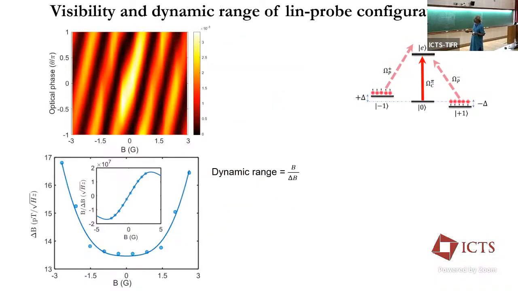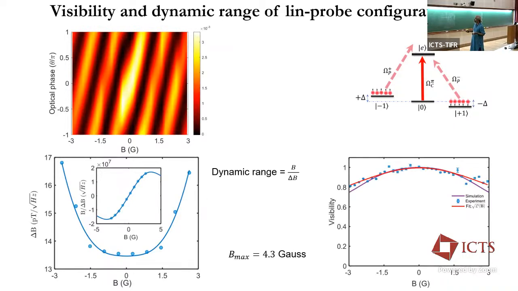So these are the plots, this is one scenario here. You see that this one has a flatter profile, and this is done at a higher probe power. So there's a broadening, and Bmax is this thing. Also there's this quantity, visibility, which turns out to be nice: if you look at the fringe visibility, you can characterize the sensitivity as well as the dynamic range.